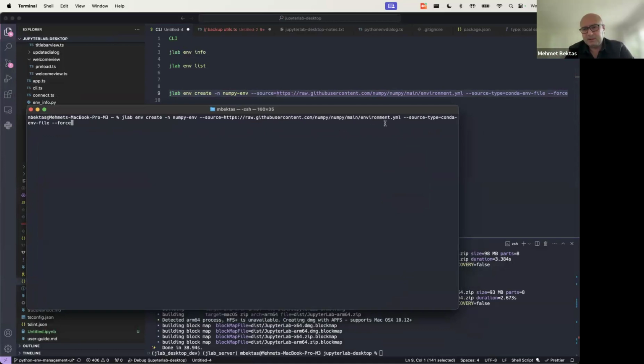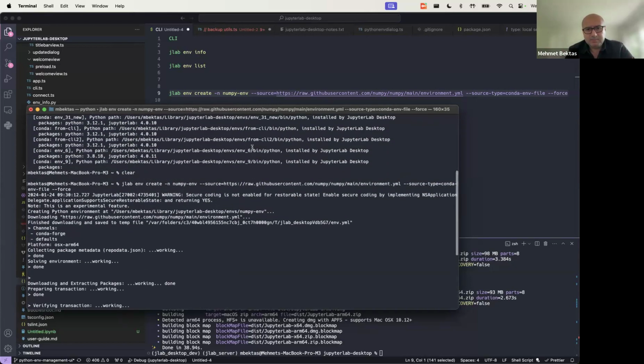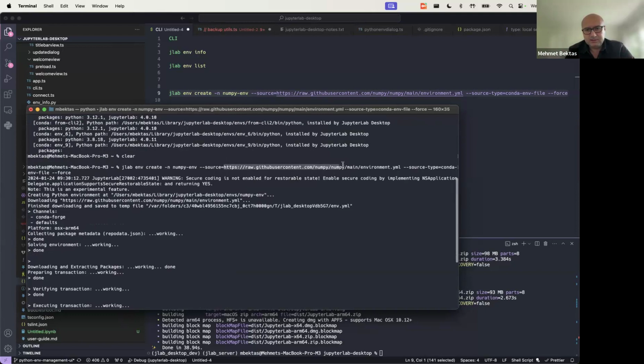So from an environment YAML file, you can create an environment on your system by using this CLI command. And there are different environment source types supported. You can use a Conda pack tarball directly, like the desktop application is using. You can use it from the internet or from your local machine. And you can also use a Conda lock file path, which can also create this environment from the Conda lock file. And you can see that I am creating a NumPy environment from this NumPy environment Conda definition file that's